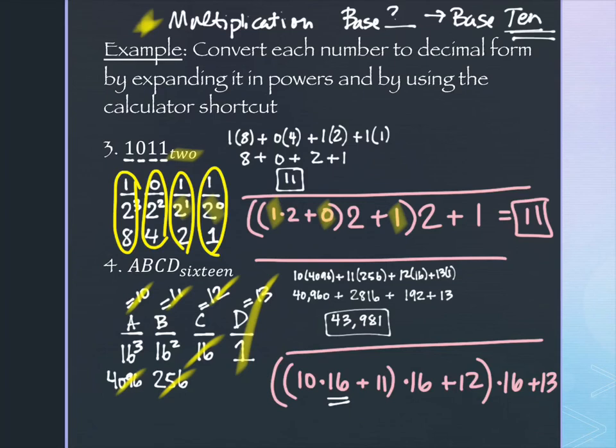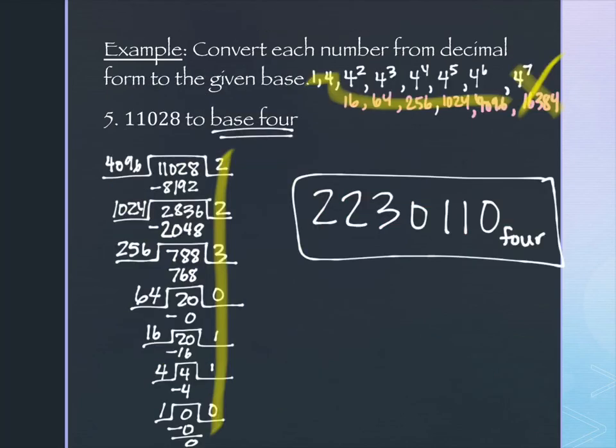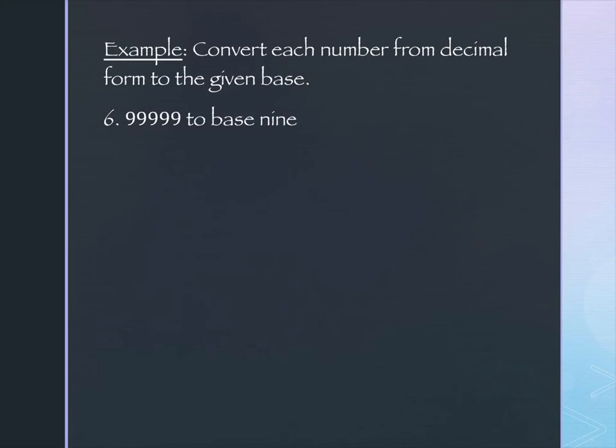Notice, number 4. 4 digits, big base, with the 5 digits in the smaller base, base 10. Over here, 5 digits in base 10, 11,000, so forth. 7 digits in the smaller base. So it's an inverse relationship. If the base is bigger, I have fewer digits. If the base is smaller, I have more digits. So let's try that. For our last one of this type of example, I have